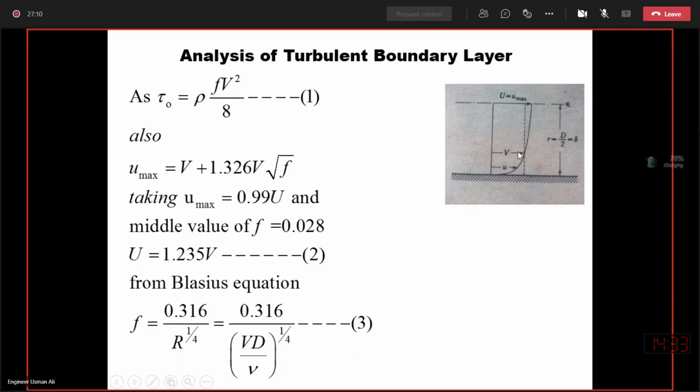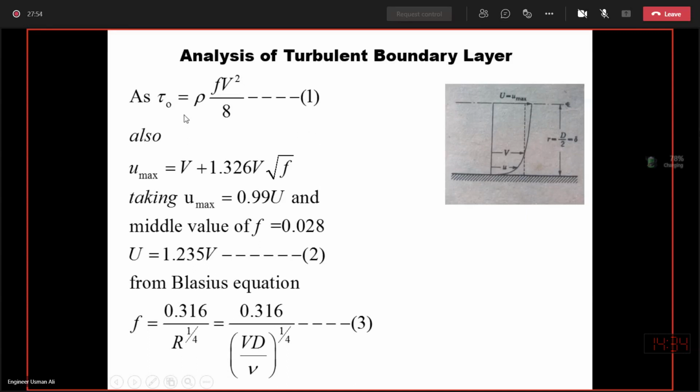So this analogy we have taken. U maximum is the center line velocity of the circular pipe, and we will prove this in that topic, that the maximum velocity in the circular pipe, in turbulent and laminar flow, is the center line velocity. So this is a smooth flat plate, just like one side of the pipe up to the center line, and up to the center line there is the boundary layer having thickness delta, which is d by 2 or r, the radius of the pipe. U is the undisturbed velocity, which is equal to the center line velocity u maximum at the edge of the boundary layer. u is the local velocity within the boundary layer, and V is the mean velocity.